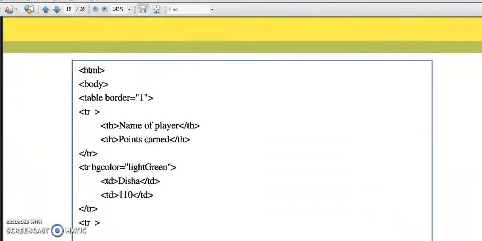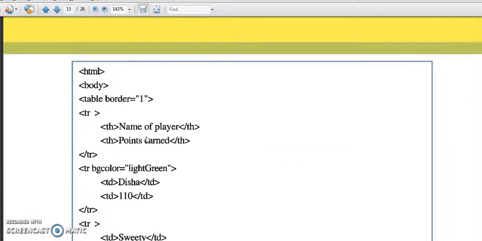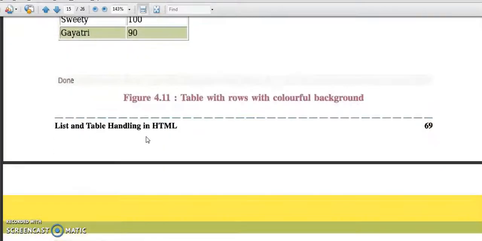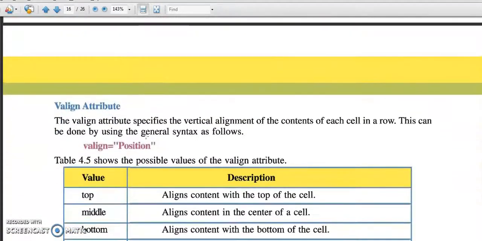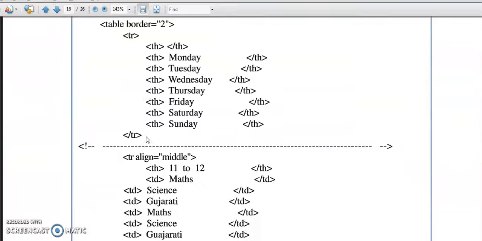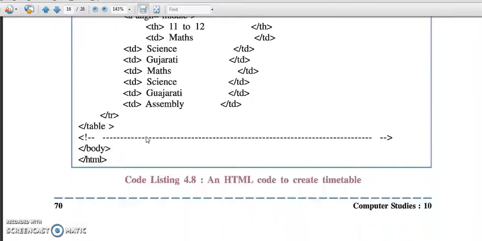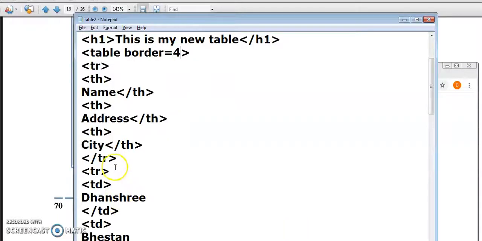See the bgcolor attribute, and TR bgcolor. If you want to give a TR bgcolor, you will write the coding like this. Suppose I want to use TR bgcolor equal to red.